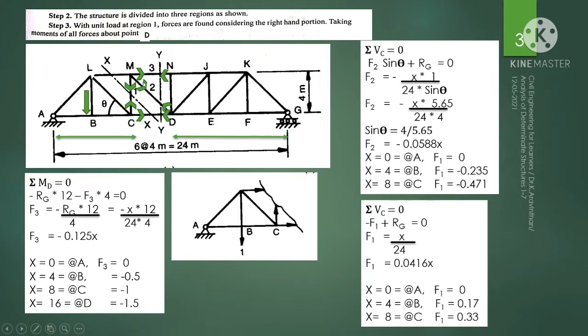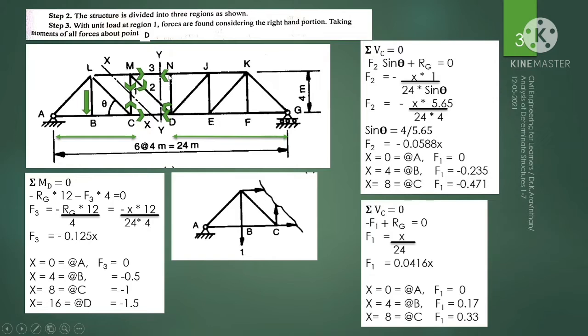So can we start at the joint M to find the member force F3? No. Why? Because you need a perpendicular distance to find the reaction. So we cannot take the moment at N. We can start with the point D, so that you have load into perpendicular distance. We can take a moment at D.